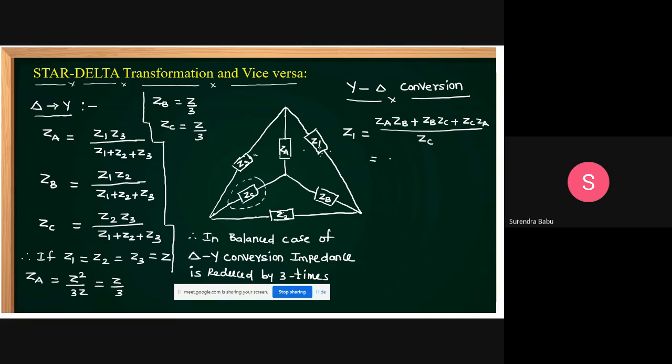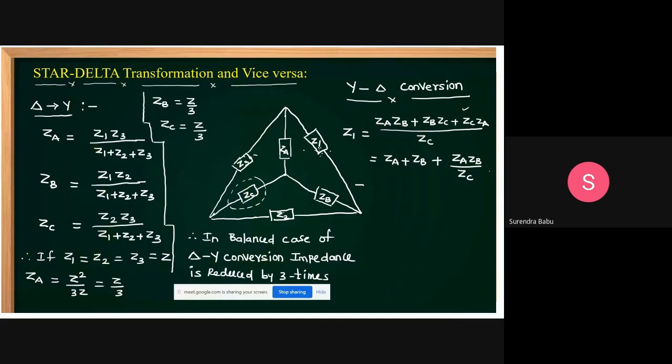This formula you can also write like this. Once it is divided, you get ZA plus ZB plus ZA, ZB by ZC. Is that correct, students? You want Z1, which means ZA plus ZB plus ZA ZB by ZC. But no need to remember this one. Simply remember this: you take the product of all these, then to calculate Z1, opposite to this one is ZC, then divide with ZC. That is the meaning. No need to learn the formulas by heart.